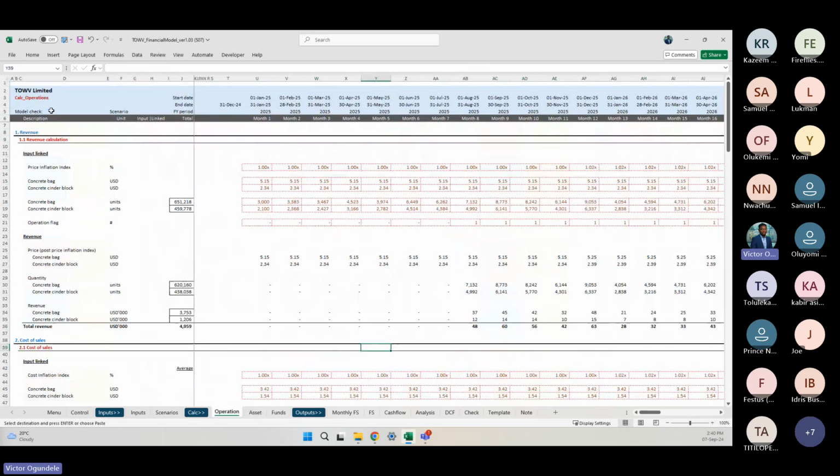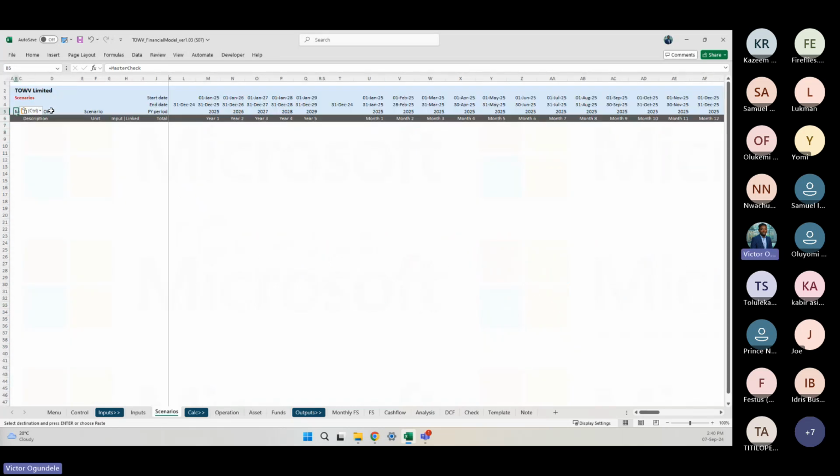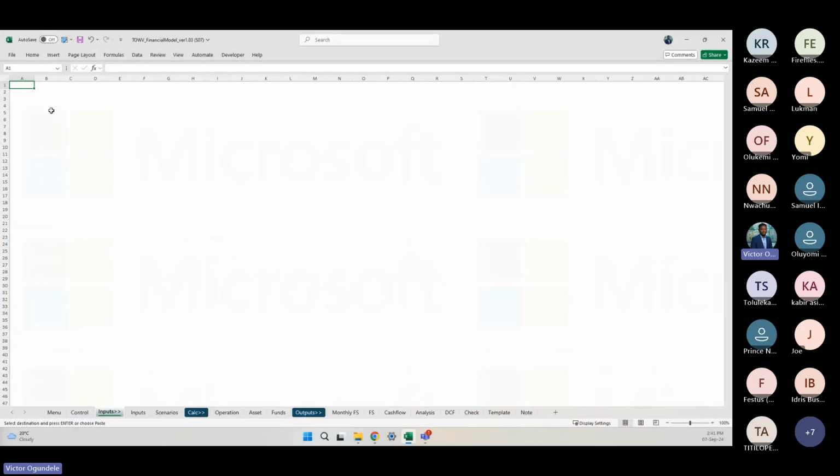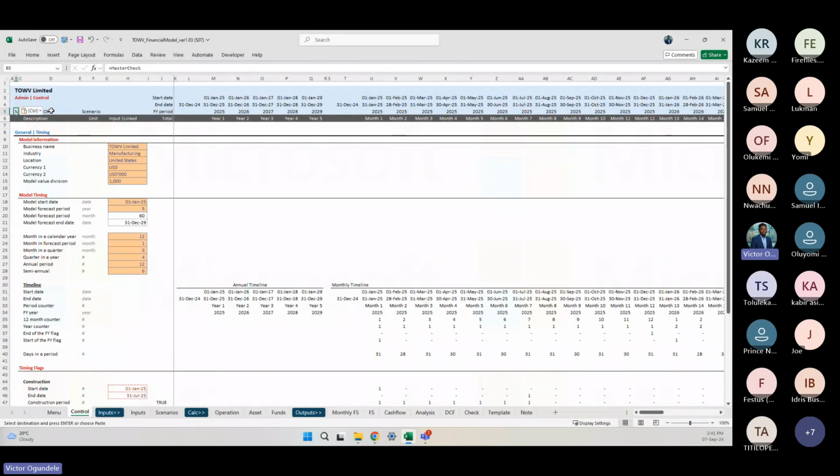Go to all my worksheets and I'm copying that. So the master check is on all of the worksheets. So as I'm working, if anything is wrong, I'll automatically get the